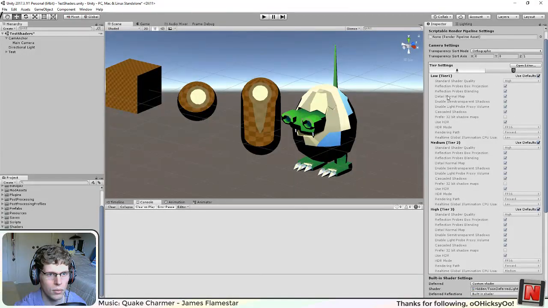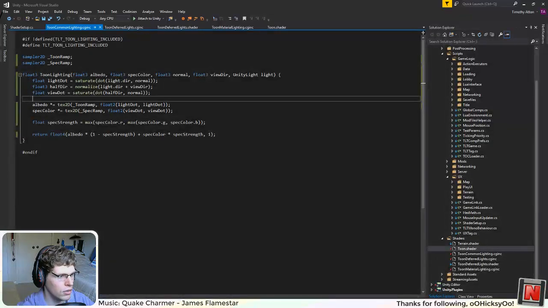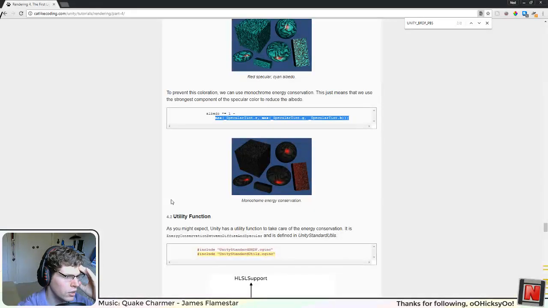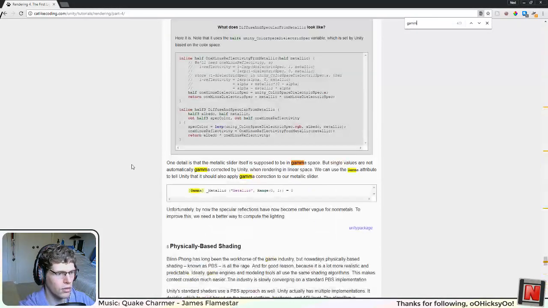Let's see. Normal map. Alright, I know that there is a way to do it. Maybe I just need to support gamma right off the bat. I need to remember. I think it talks about it here. How to convert